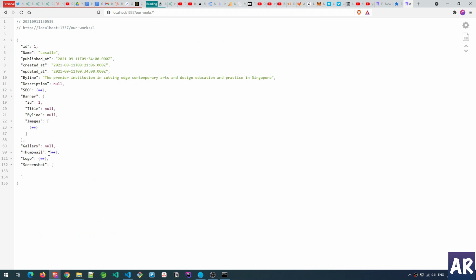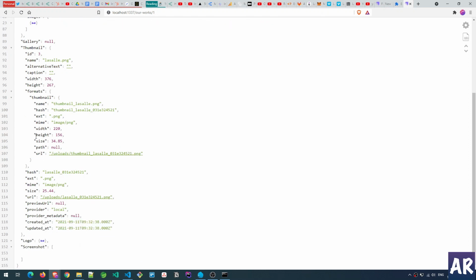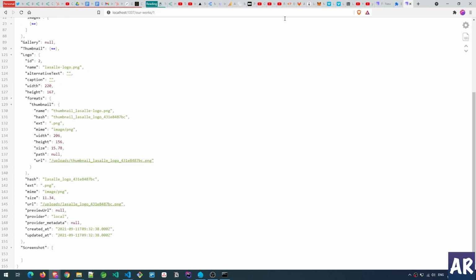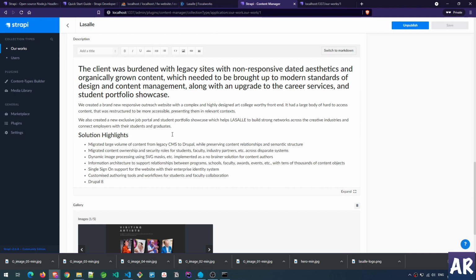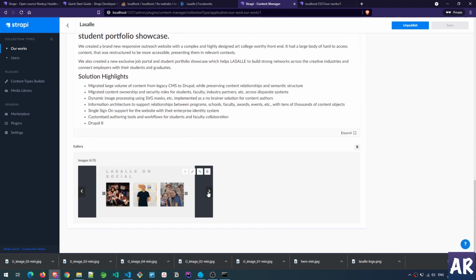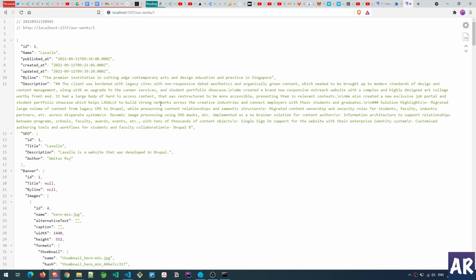Gallery, we have none as of now. Thumbnail, I have created that image, so that thumbnail, again, you can see, is available to us. And we have logo. So let me quickly create the content, and then I'll come back. All right, so I have created the content. This is what finally came up. I added the description, uploaded 5 images, and then if we refresh the JSON,